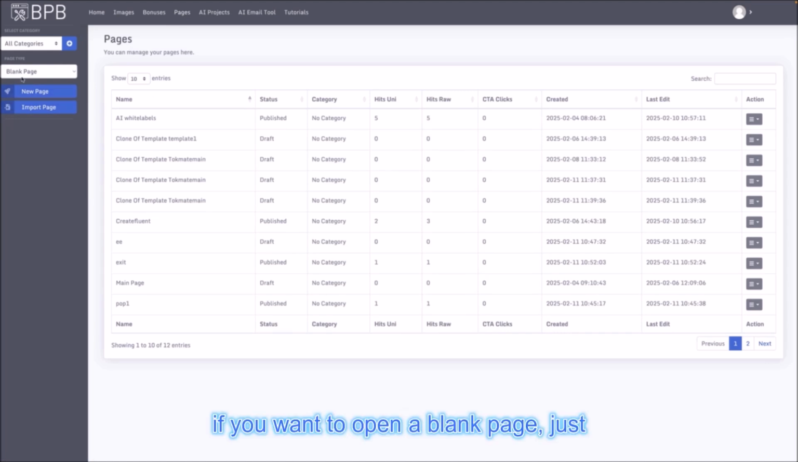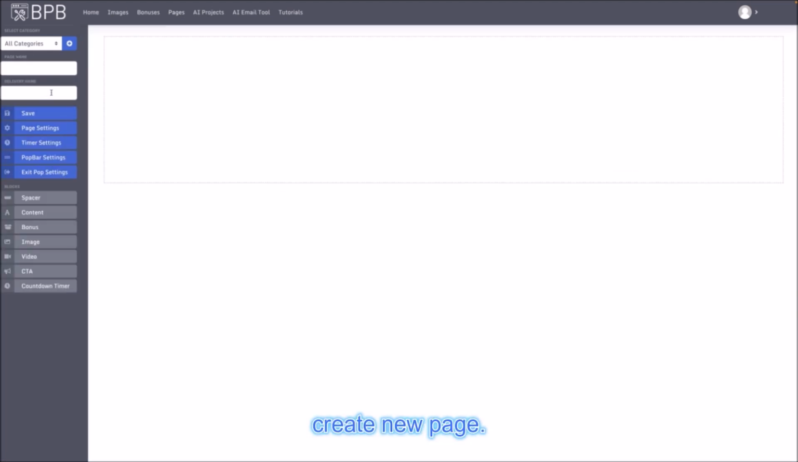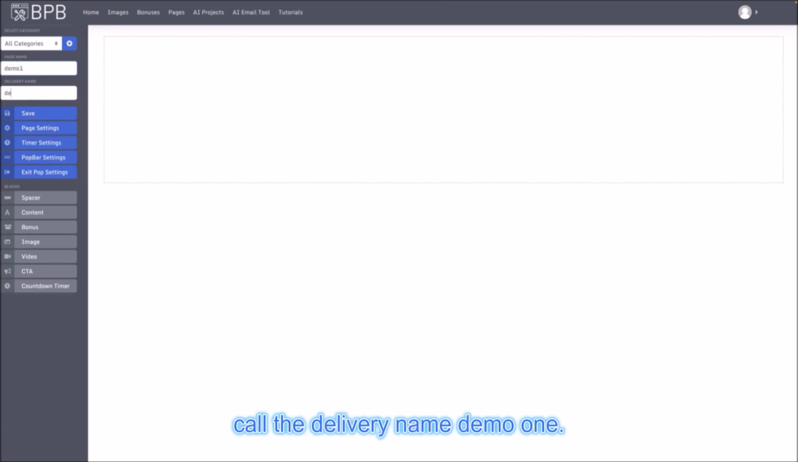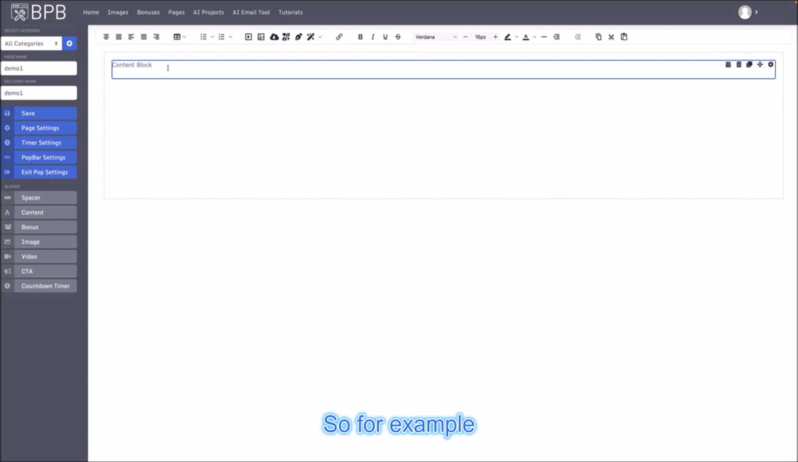So if you want to open a blank page, just create new page. We'll just call this Demo 1 and we'll call the delivery name Demo 1. Now with the drag and drop page, you have full customization here. You can drag in different sections. So for example, if you wanted this to be your heading,